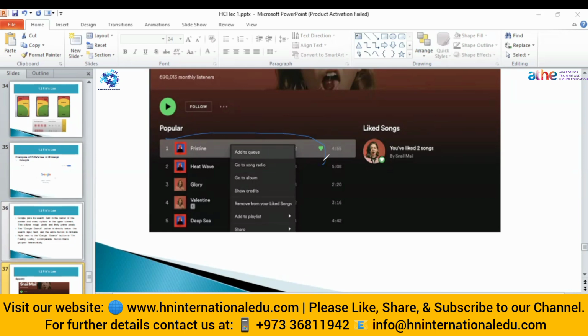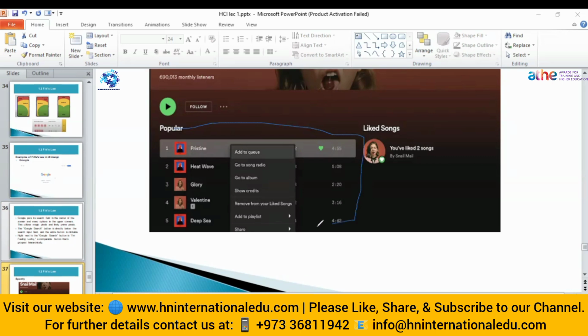Then, according to Fitts's law, between each icon there is enough distance, see, this is the distance between each and every icon so that the user can easily click on them. And the focus point of the user is also here, so the user can easily target or click the items.